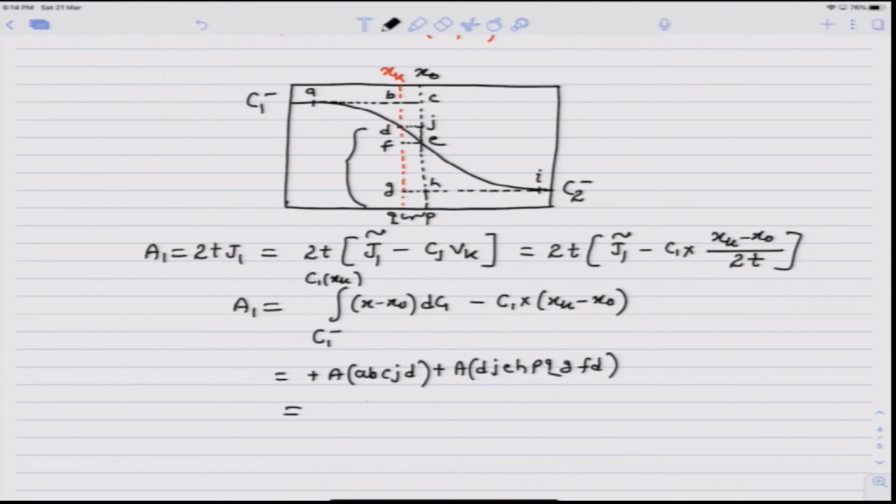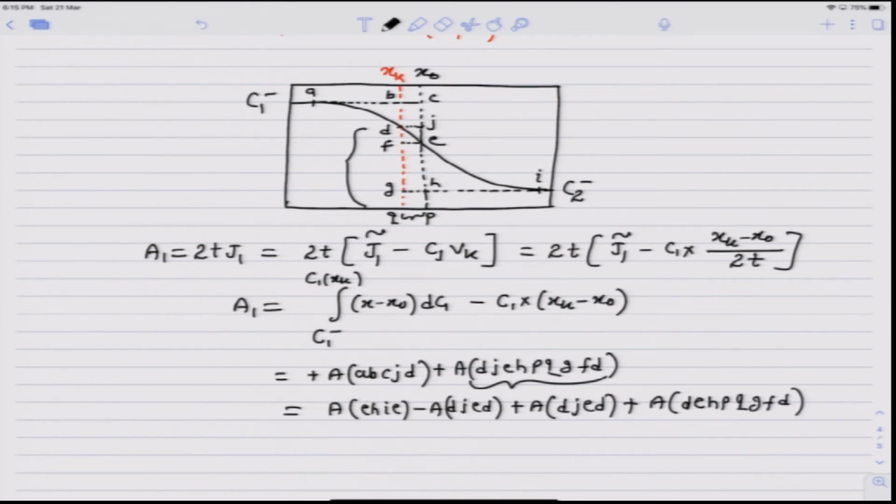Now, based on the equation with which we obtained the marker plane, we know this area ABCEA is equal to EHIE, and so we can replace this area with area EHIE minus area DJED plus area DJED, so the second can be split as this area DJE plus DEPQD, DEH PQGFD, and so these two will get cancelled and we get this area plus this area, and so in effect